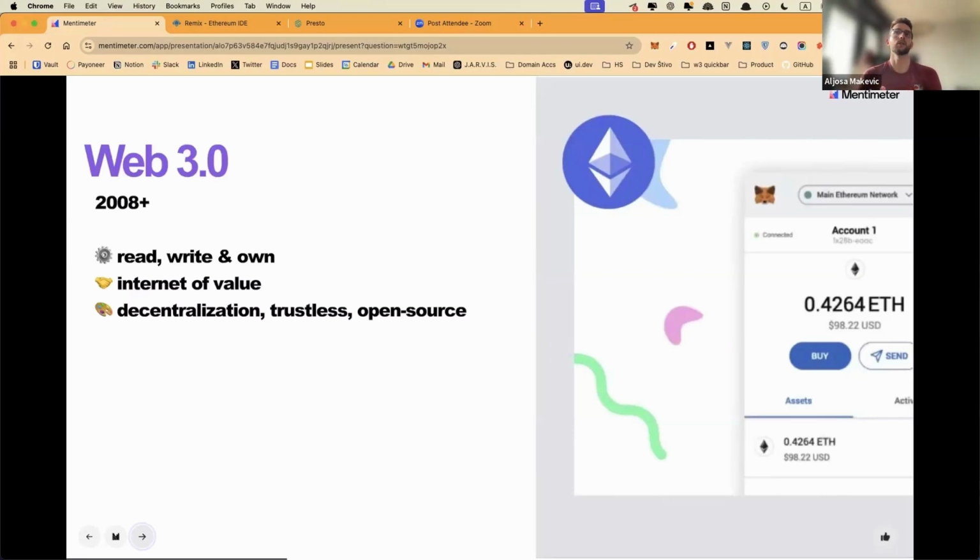The main point is to decentralize that power, and it's all about making things that are open source and trustless, in the sense that they can be verified transparently by anyone, so misuse doesn't happen.